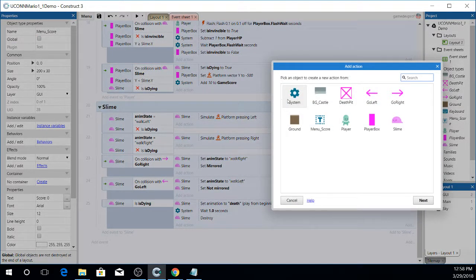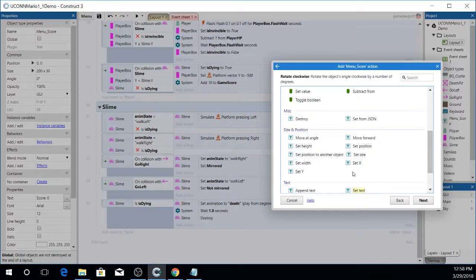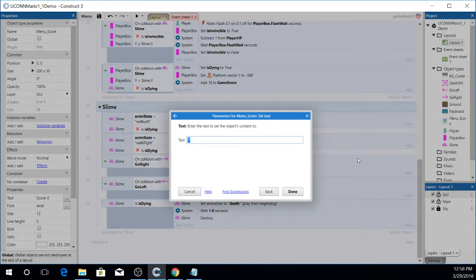So add action, system, not system, menu score. And there's two places here, right? You could do add to set value. This is instance variables. This is wrong. You want to say set text, which is down here at the bottom. Set text or append text, but this is set text. We want set text. Now, the stuff in quotes is the actual words we type. So we want to say score, colon, spacebar, and that will put all the characters that I just wrote in there. And now I want to press space, ampersand, which means also,